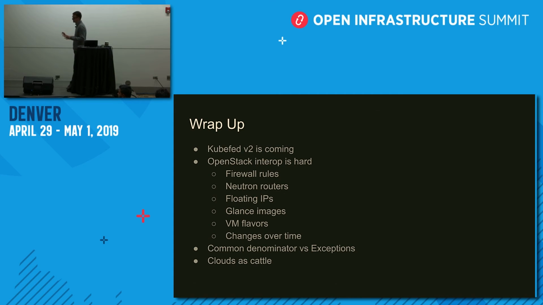Two key things to think about when you do multi-cloud: do you go with the common denominator, taking the lowest level across all your providers, or do you do exceptions? This is really on a case-by-case basis. You need to ask yourself, do I make an exception for this thing, or do I just take it out? The whole idea is to start to treat clouds as cattle and not as pets, so that if there's a problem with one cloud, you can just nuke it, and that's it. That's really the next step that I'm showing here.